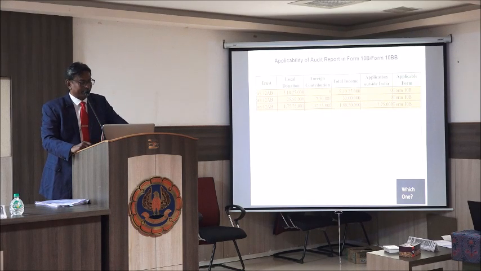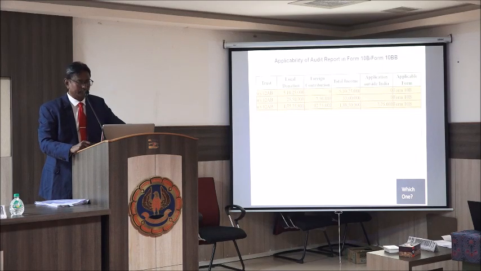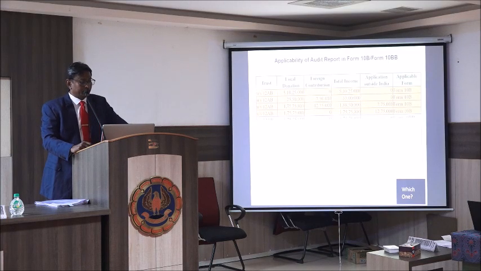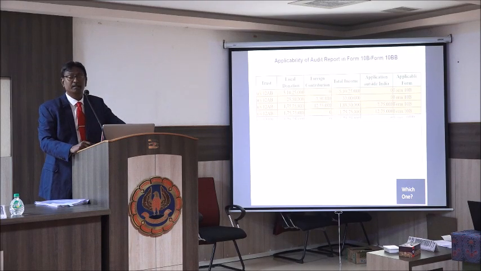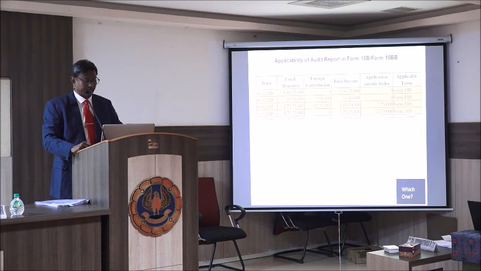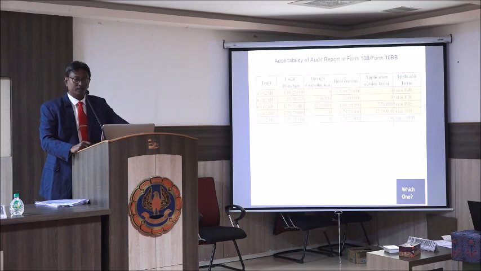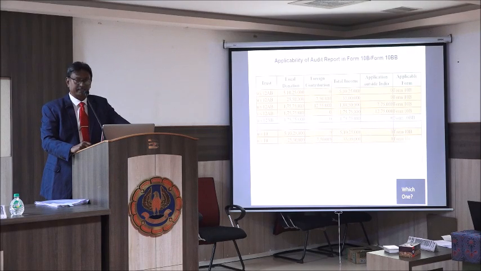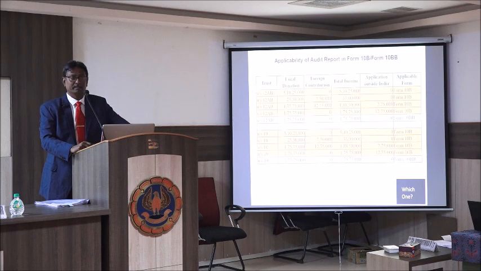Third situation, 1 crore 75 lakhs is the local donation. Foreign contribution 12,75,000 and application outside India, you have to file Form 10B. And the fourth situation is, you are getting 1 crore 75,75,000 as local donation, no foreign contribution, but application outside India, again Form 10B. I have collected local donation, no FC, no outside India, then I will be covered under Form 10BB. Similar situation for section 10(23C) organizations also.